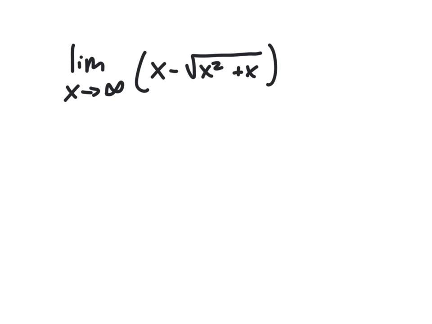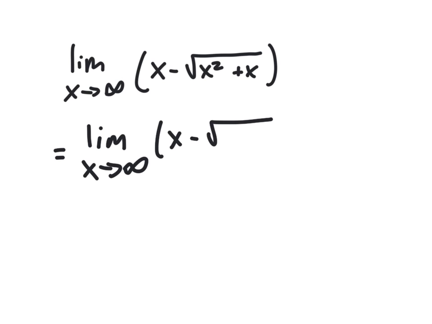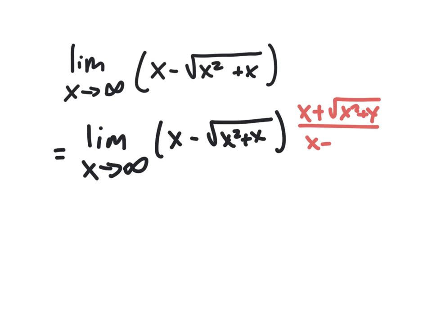Okay, so when we started this problem, we were given the hint that we were going to multiply by a form of 1 so that we could get a common denominator. And so let me just write that down. We multiplied x minus the square root of x squared plus x by x plus the square root of x squared plus x over x plus the square root of x squared plus x. And when we did that, we ended up with